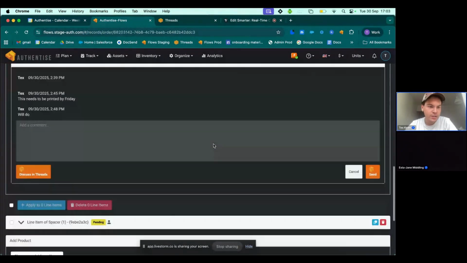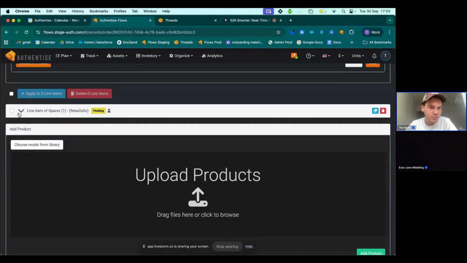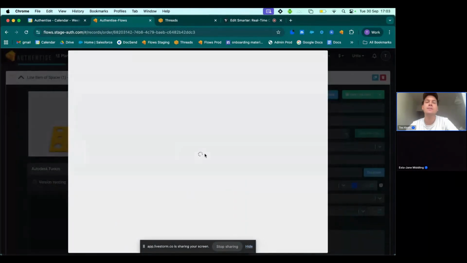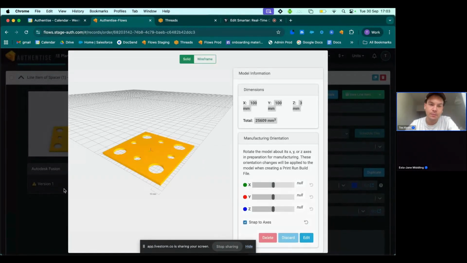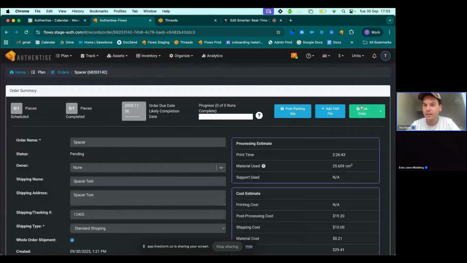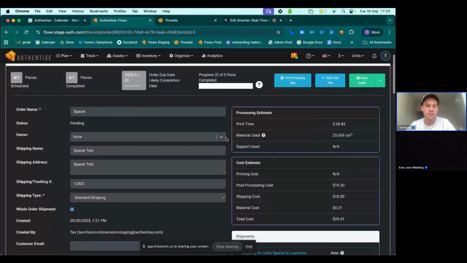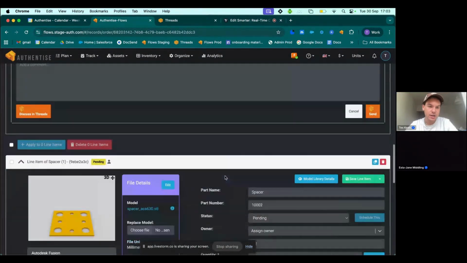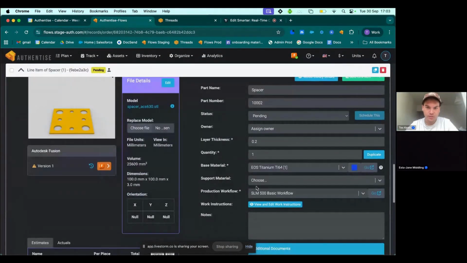The part in question that we're talking about is just this really simple spacer part you can see here. But obviously, this can be any 3D model. All you need to do is upload an STL file over here, and you'll be able to upload your model onto the workspace. So one thing that every order needs, as well as a few basic details, is also